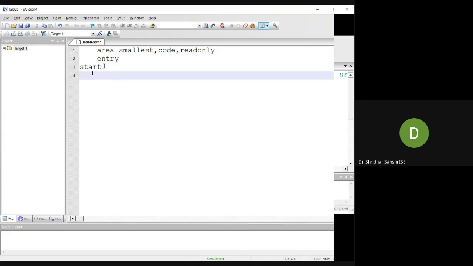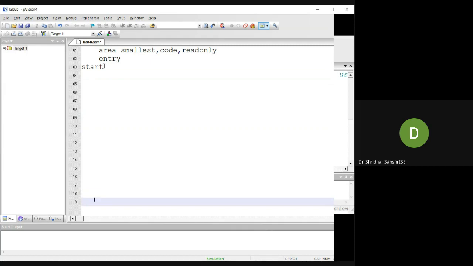So how to declare an array? It's of 32 size, 32 bit. You can specify the label. So I'm giving value 1 as the name of the array.